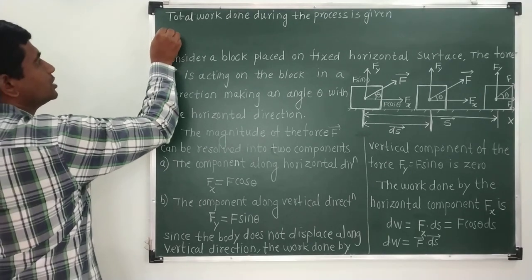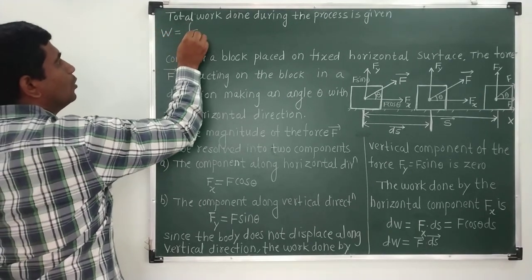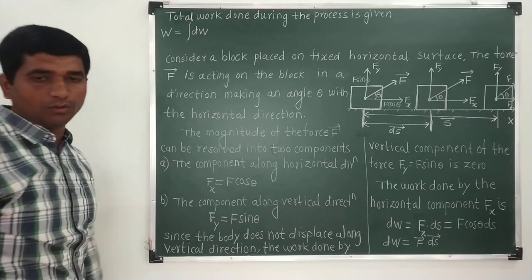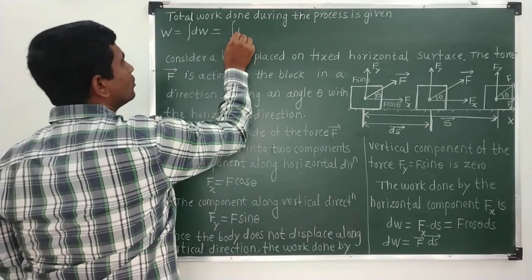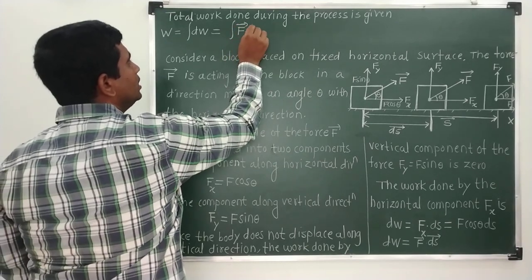So W is equal to integral over dW, and what is the value of dW? Integral over F bar dot ds bar,